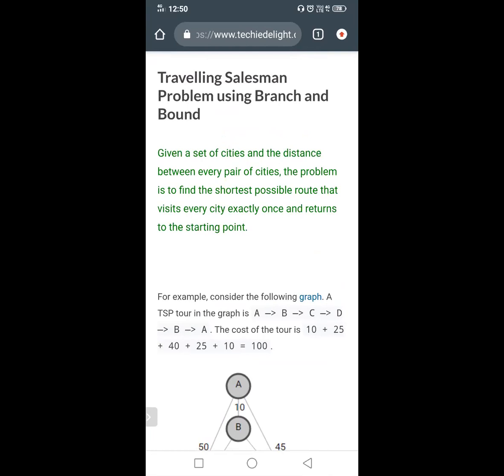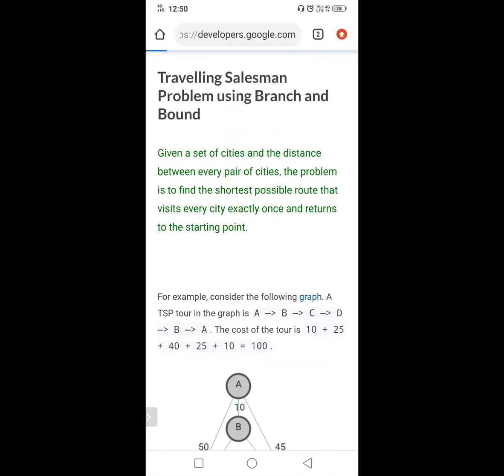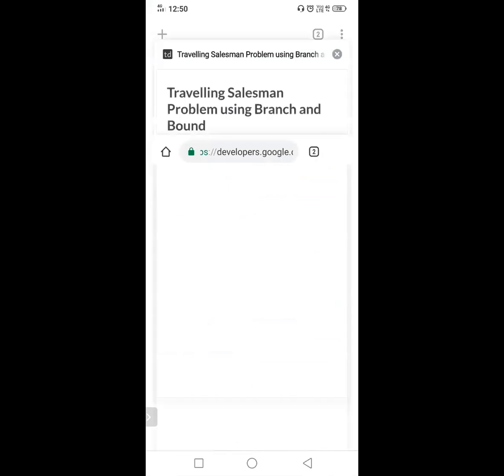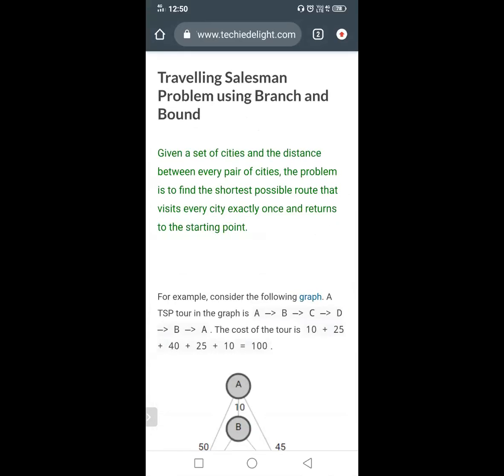In a Hamilton circuit, what you have to do is just start from one point and reach the same point by visiting all the vertices without repeating the vertices. You visit all the vertices and come back to the starting point, and that we call the Hamilton circuit. So the traveling salesman problem is to find the shortest path for those Hamilton circuits only.